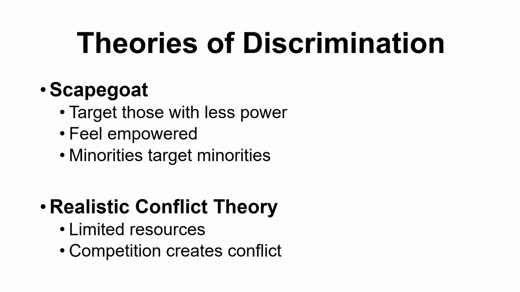Our next theory is the realistic conflict theory. So this is a different explanation for hatred. And this is based on the idea that there are few desirable jobs available, so the competition for limited resources ends up creating conflict. So if you are in a group that maybe doesn't have much, and there's another group that also doesn't have much, and you're competing for the same resources, you might frame the other group in a bad light because they're the reason why you don't have the resources that you want. And neither of these is necessarily a correct way to frame ideas. It's just two potential ways that discrimination might arise between different groups.